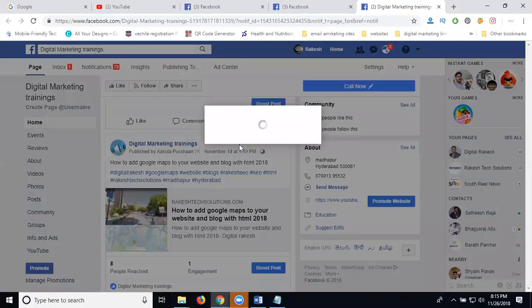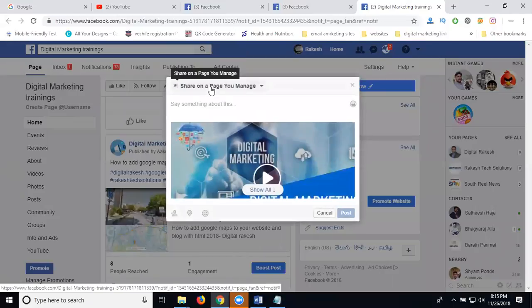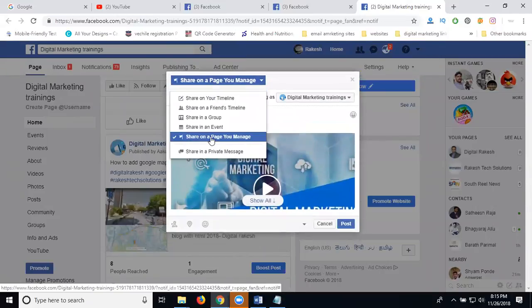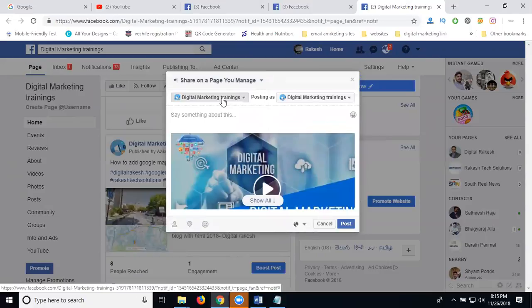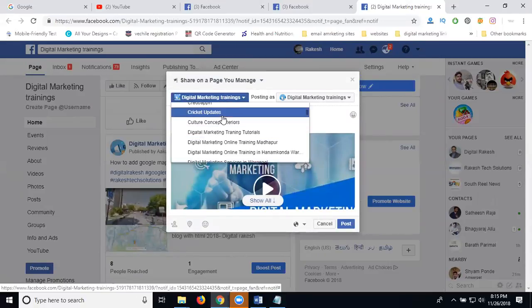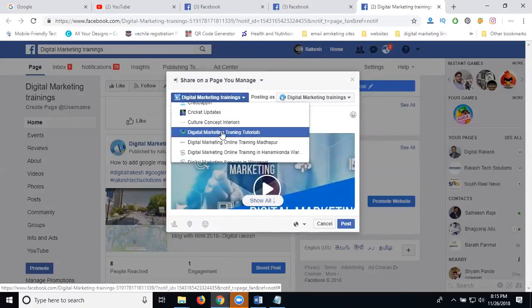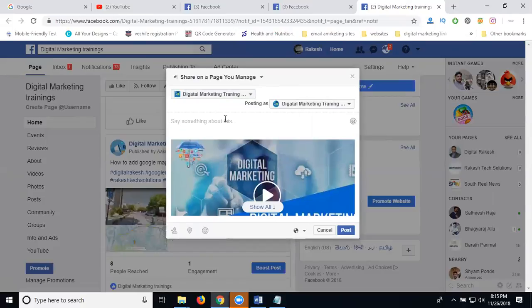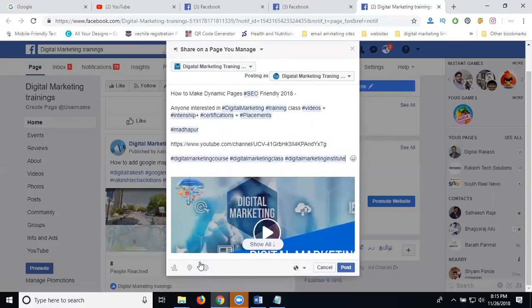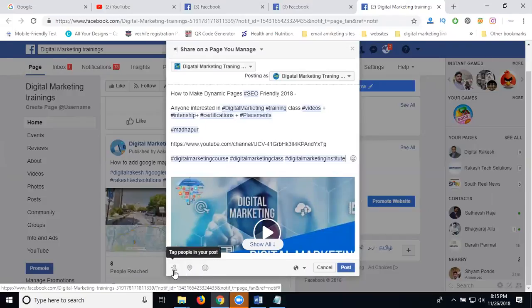Now click. So I'm selecting here, selecting other pages. Paste it. Always don't forget the check-in. Check-in means your company name or location. Both are accepted. Based on the check-in, you have one more option called tag your friends.